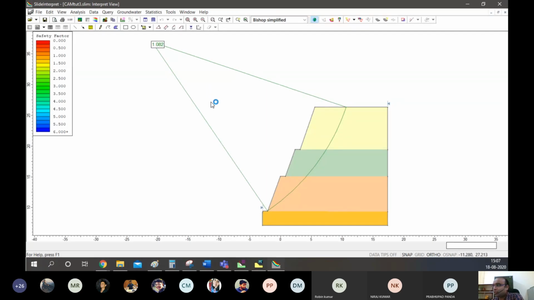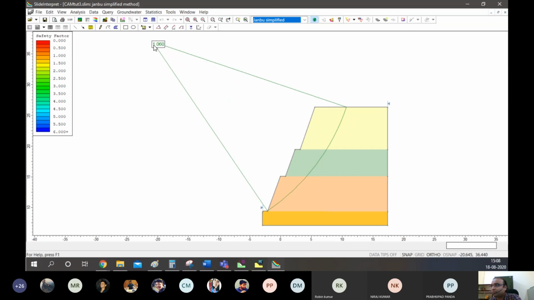Now this is the critical factor of safety, or the lowest factor of safety it could find throughout the slope. That is 1.082, and this method is Bishop. So let's do Jumbo. Jumbo is even lower. So we didn't select the other method, so it is just showing the 2. That's okay, because we want to see what happens with different layers. So this is one. Now I wanted to show you a few things in this interpret software that is for finding out what the factors of safety are and all.